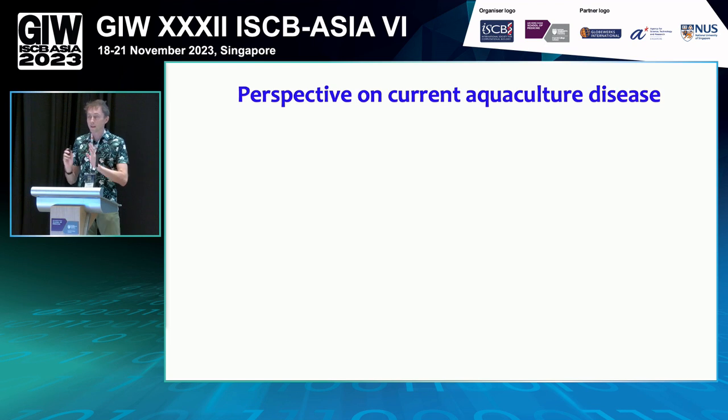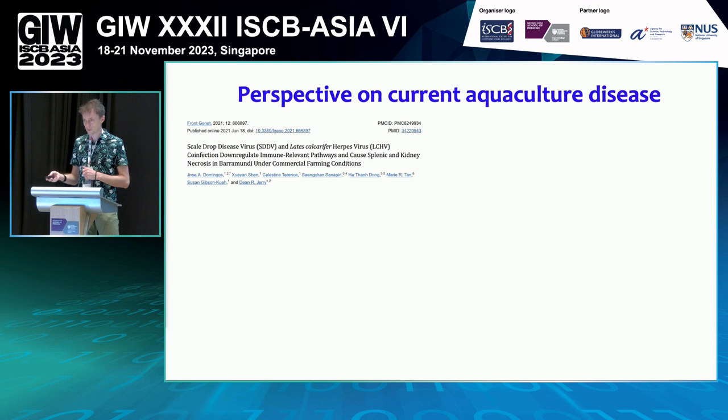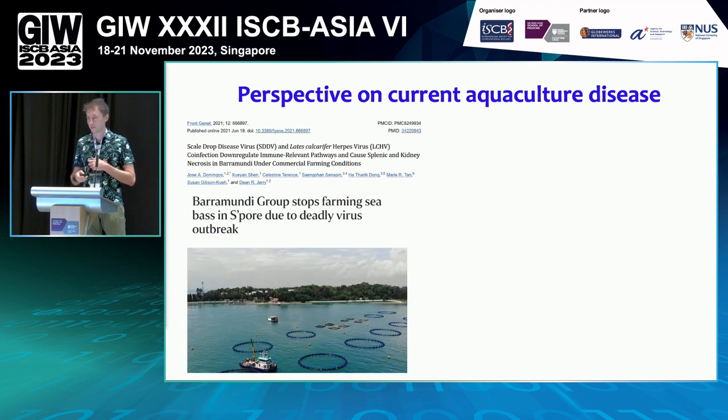And before I go forward with the actual data, I'd just like to give you some perspective on the current economic aquaculture landscape in terms of disease. So 2 years ago, there was this paper published on scale drop disease virus, specifically in barramundi. And then for Singapore, especially more recently, there was this recent article here about the barramundi group who are having